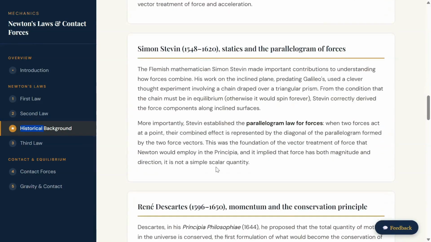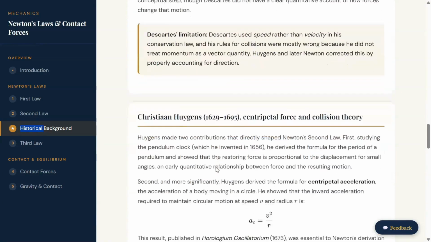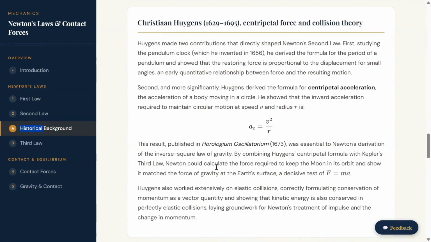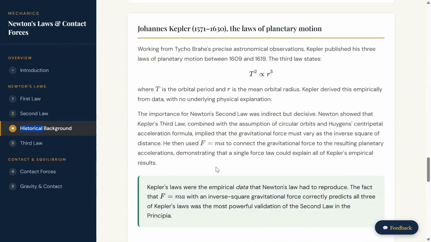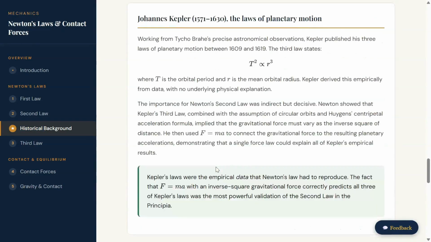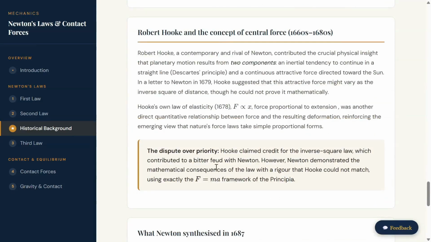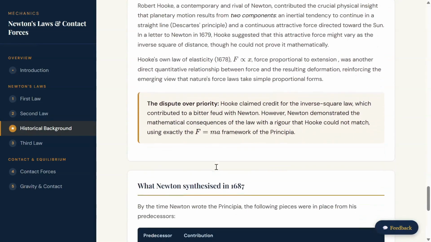Then there's a bit more historical background about characters who are maybe less well known in this area, but still made extremely important contributions, especially Simon Stevin and René Descartes and Christian Huygens. Johannes Kepler, in his study of the motion of planets, which Newton then did further work on to explain Kepler's observations. Then Newton's great rival, Hooke, and the dispute over the idea of a central force and the inverse square